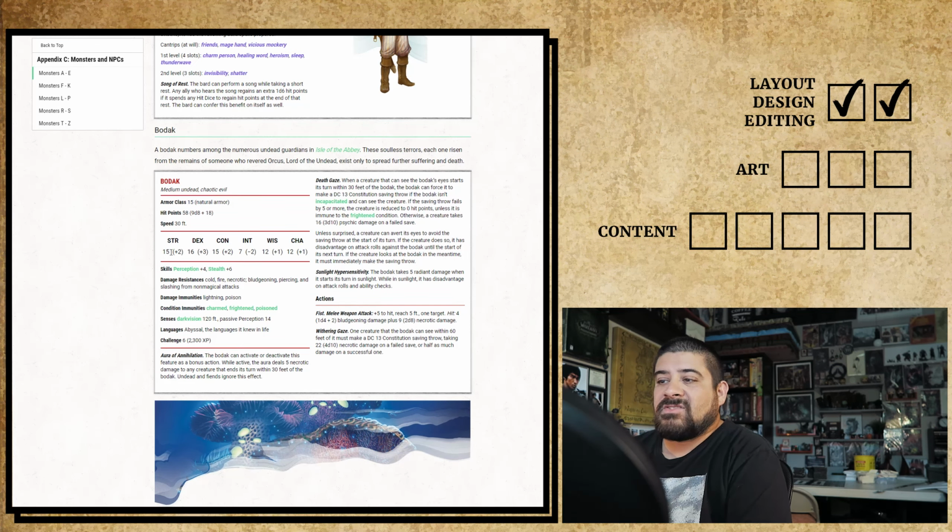There's no artwork. The Deep Scion, look how many monsters we have, and there's no artwork accompanying it. So that's a big thing. While I want to be as objective as possible, I have to consider whose content I'm reading, and in that, I'm looking at an official book, someone that has the resources and the means to not